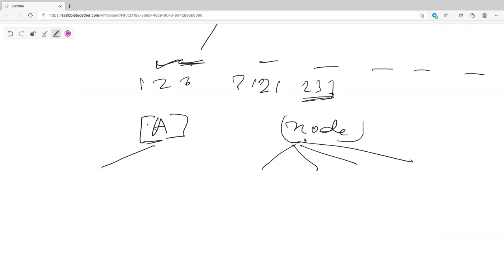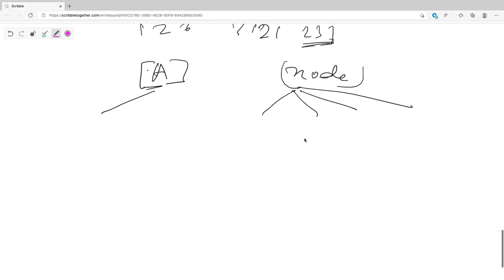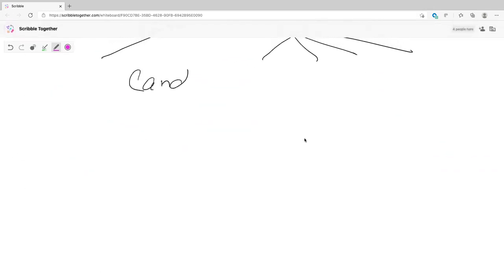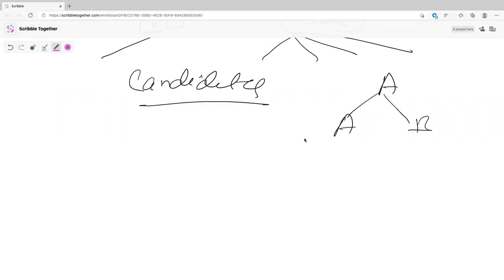So basically, here at each node, you're trying to figure out what are my candidates. What are the things that I can add to this node? What are my possibilities? At each node, you're going to find out what your possible candidates are. So when you are at A, we said we can have only one A and only one B, because one more A would be a duplicate. So here your candidates are A and B, and you don't have A.